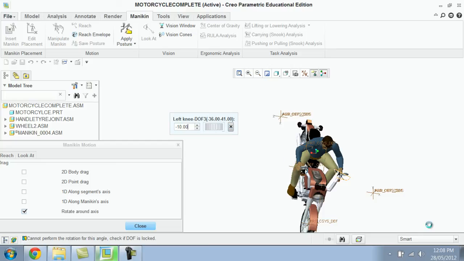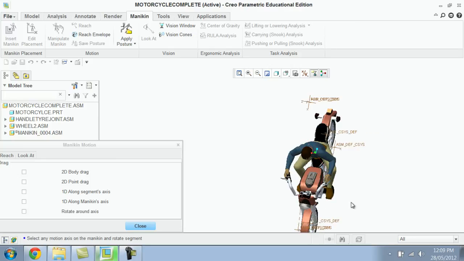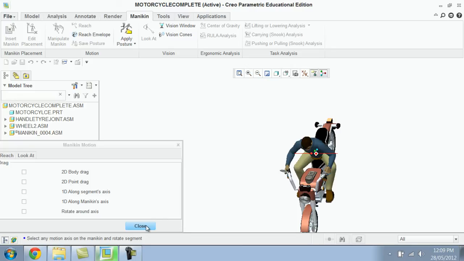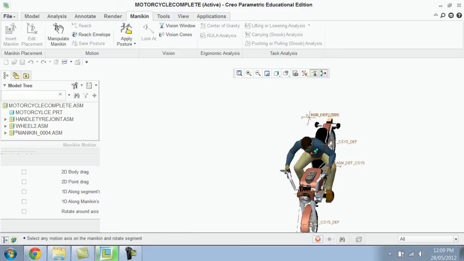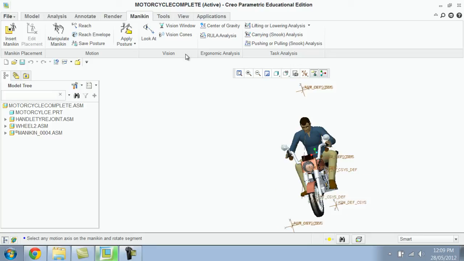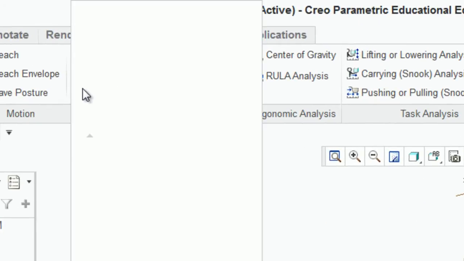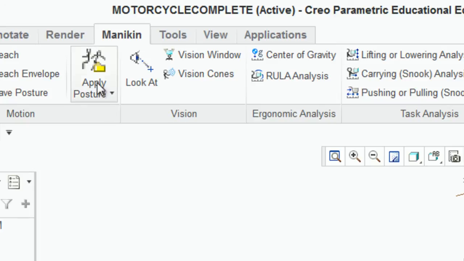Okay, that'll do for the time being. So now we've got him orientated pretty well on that bike there. First, I should probably mention this apply posture. Mine isn't really working there at the moment. I'm not really sure why. But